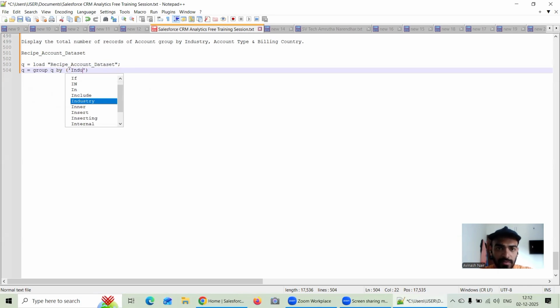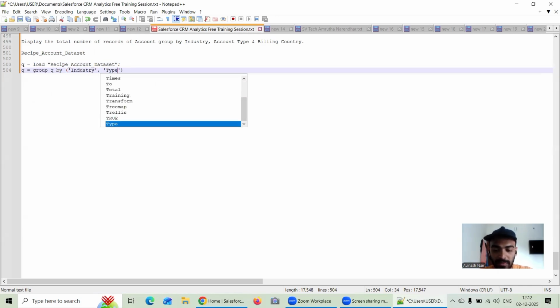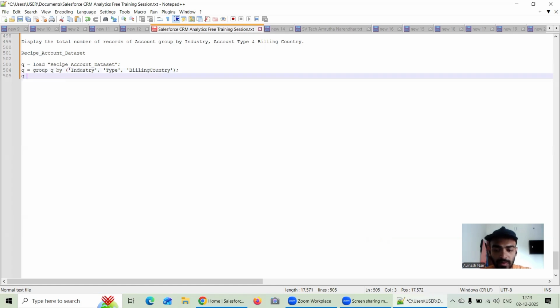So firstly it will be industry. I already know the API name. I'm quite used to that. But in case you do not know, you can still copy the API names of the fields separately if required. Then q equal to foreach q generate q.industry as industry,